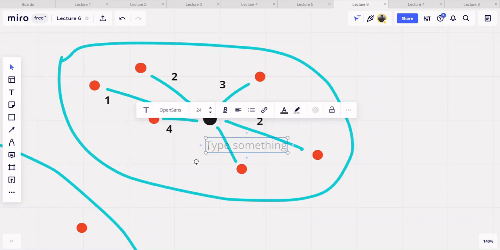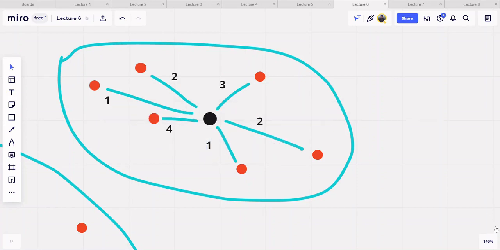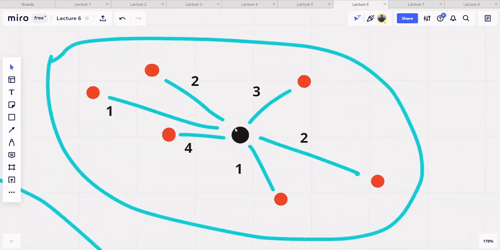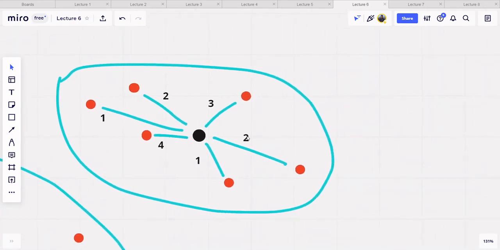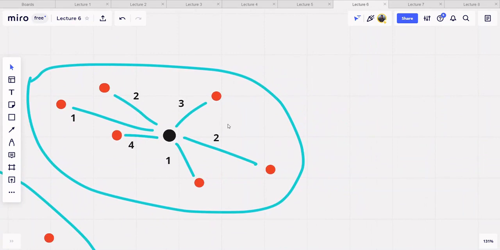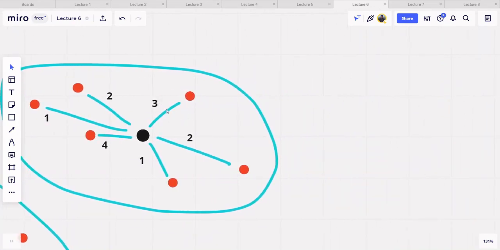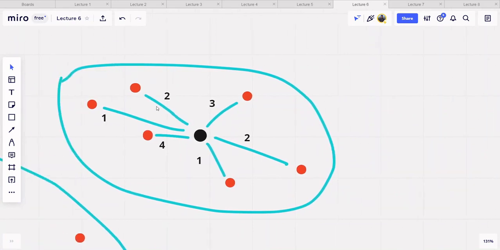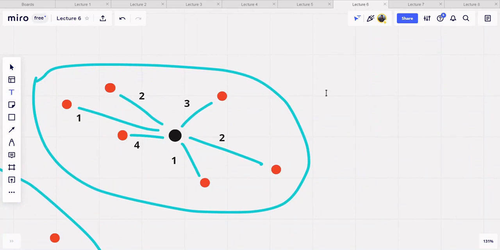So basically this black point is our centroid, and all the other data points are part of this cluster. Okay, and these values basically represent the distance of these data points from the centroid. So in order to calculate the sum of squared error for this cluster, we'll basically square each value, and then add them up. Alright, so let me just write this here. So sum of squared error would be equal to